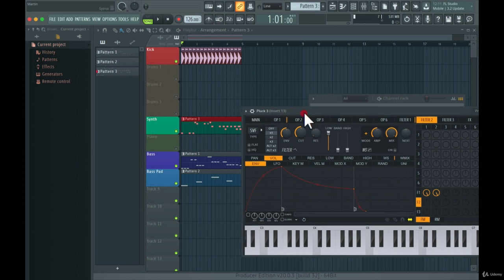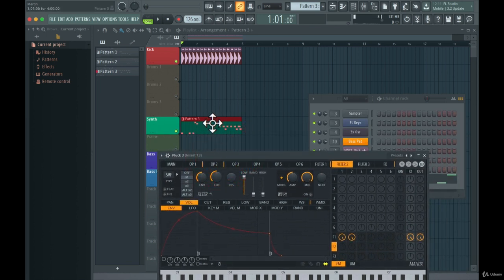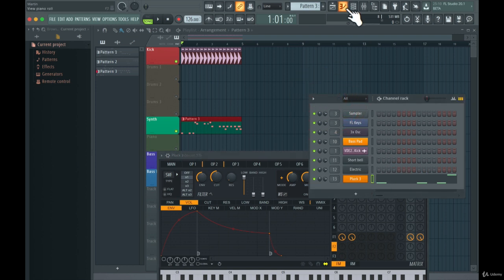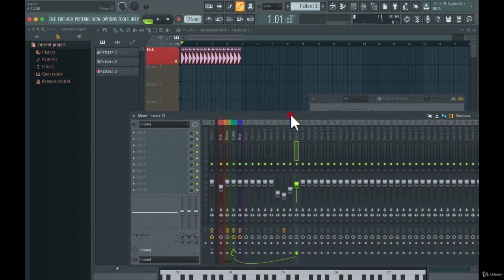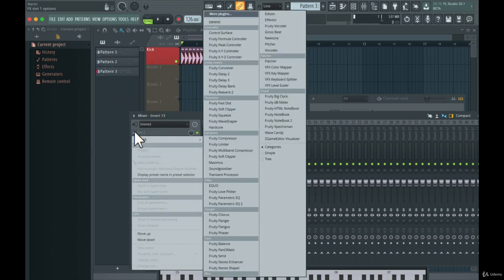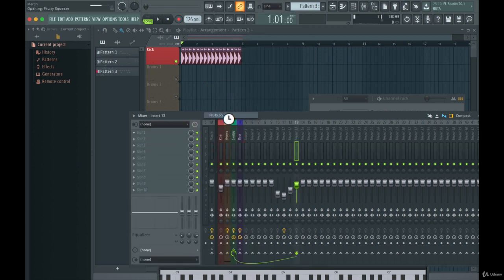I want it to be a bit more aggressive. So let's do that by going to the mixer. And in the mixer channel here, I want to create some effects because you can have effects on the individual mixer channels. And there are different effects you can use here. So let's say that we want something that colors the sound. So you can have distortion, as you can see here. So let's choose something like this maybe.